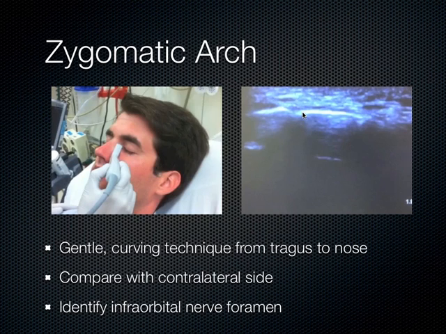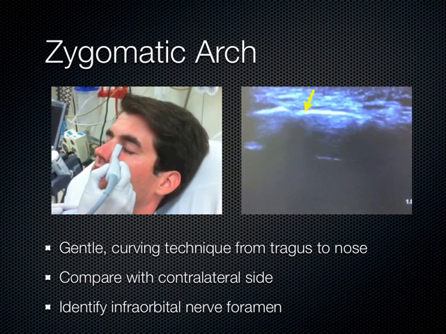That's where that nerve pops out, and that's a common place we do nerve blocks when we're doing painful things to people's faces in the emergency department. We find that infraorbital nerve foramen and bring a needle down to it and block up that nerve. So just keep in mind that for the zygomatic arch